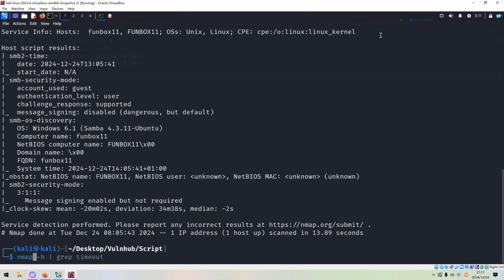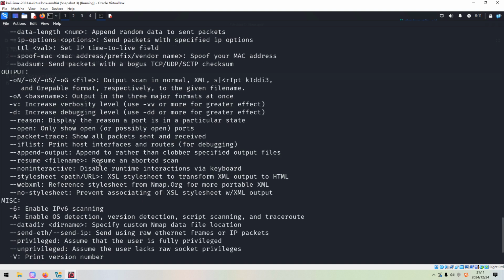For example, if you want to get such information, you can use the -h option to get the output options like -oN, which I'm using now, and this is the normal format, and also XML, and also script kiddie, and also grepable format. But usually I will take the normal format to output the result.